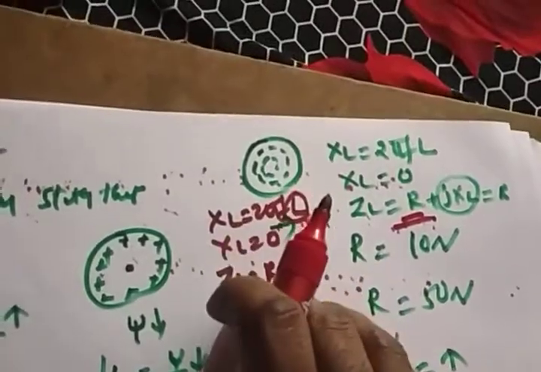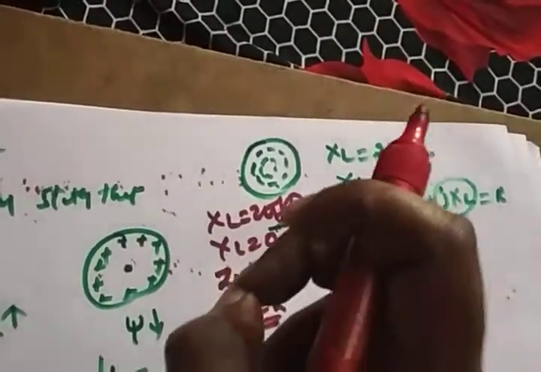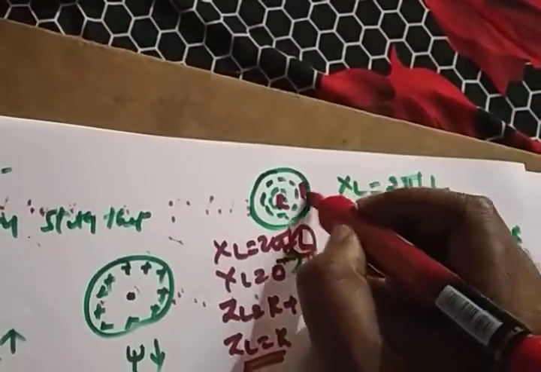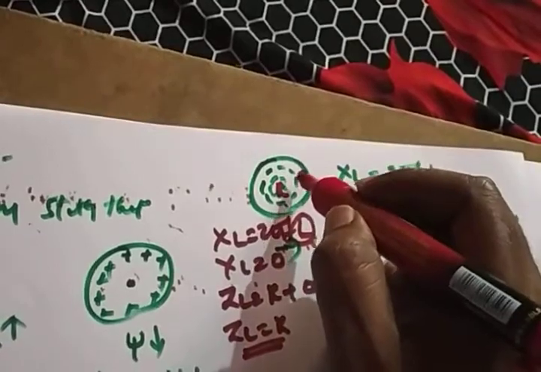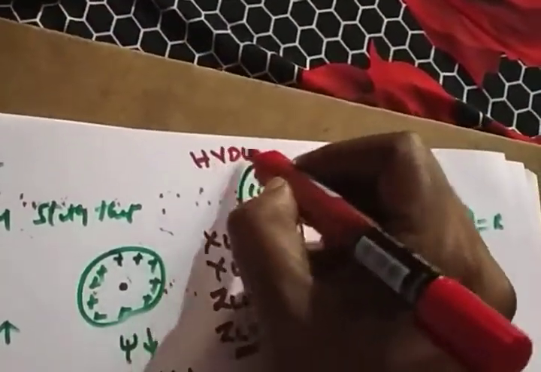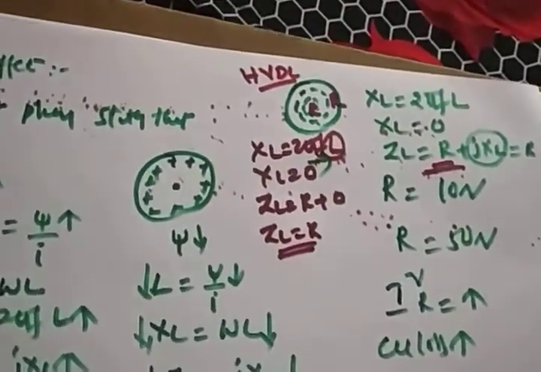So at the center of the conductor, the effective resistance is R. Right? Going to the surface of the conductor, also the effective resistance is R. There is no change in the resistance. That means there is no change in the current. So that's why in HVDC lines we don't have any effect of skin effect. We don't have any skin effect concept, right?